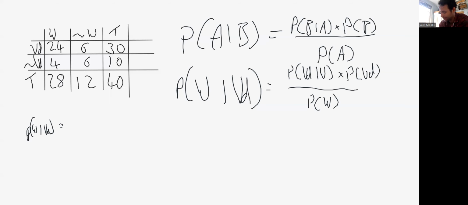given that they won. Van Dijk played a total of 30 games, so it would be 24 divided into 30. This would be this bit here. Then you'd have the probability of Van Dijk playing. So probability of Van Dijk playing. This probability of Van Dijk playing is